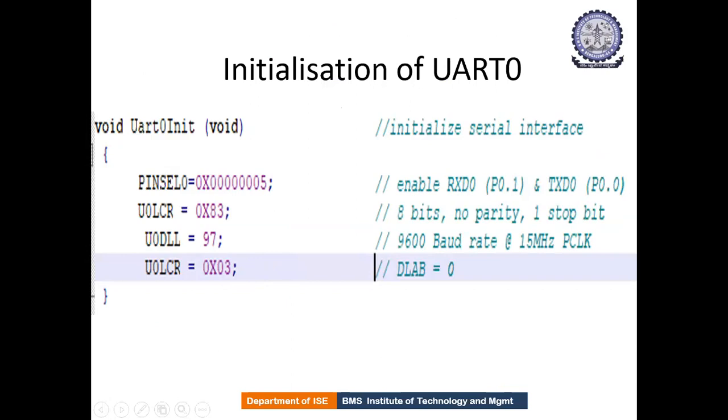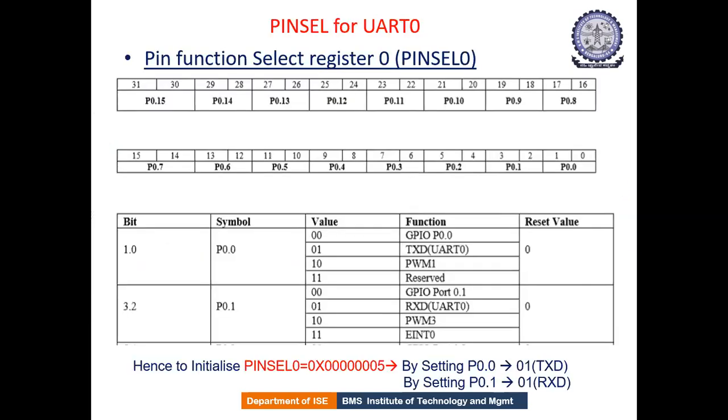So this is all about your UART 0 initialization. For any hardware program, whatever we are supposed to do, we are supposed to take care of the initialization part, because all initialization is done keeping the manual in hand, and we are supposed to understand the manual and the way in which we initialize the data. It takes time, but it is simple once you understand it, and you can complete it.